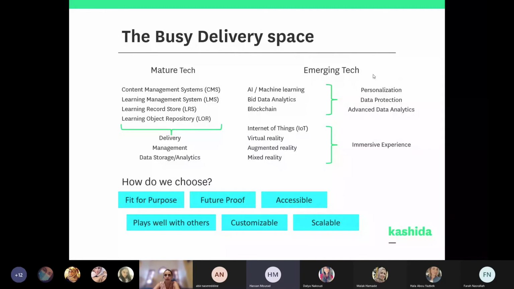There are a lot of technologies that may be adopted into the digital educational space. We see some applications, but there still isn't a mainstream, affordable application that people can use. But we anticipate that with AI and machine learning, you can get a lot of personalization. Big data analytics and blockchain, you can do a lot more. With blockchain, you can do some data protection, you can do some advanced data analytics, and all of this is going to drive a more personalized learning experience online, simply because we can crunch a lot more data and make a lot more sense of it.